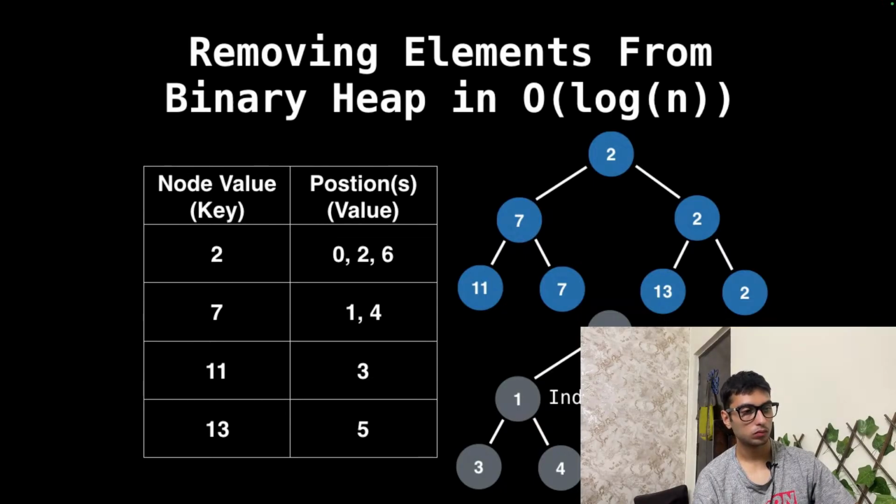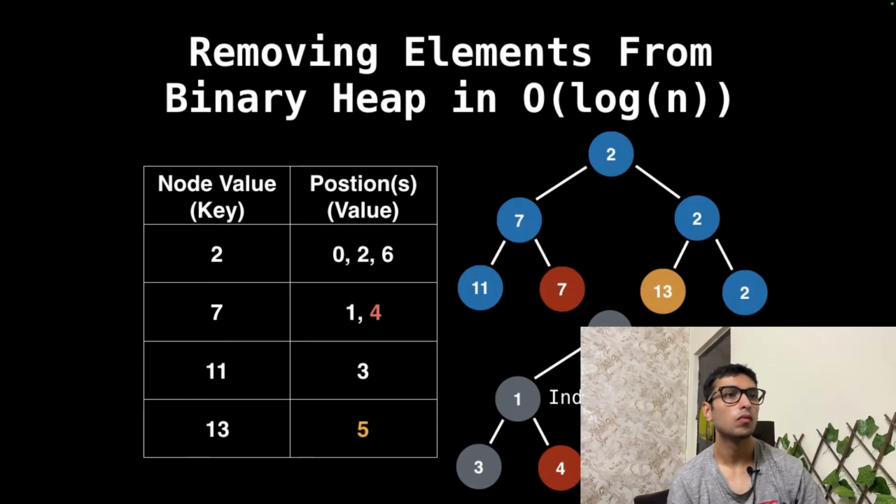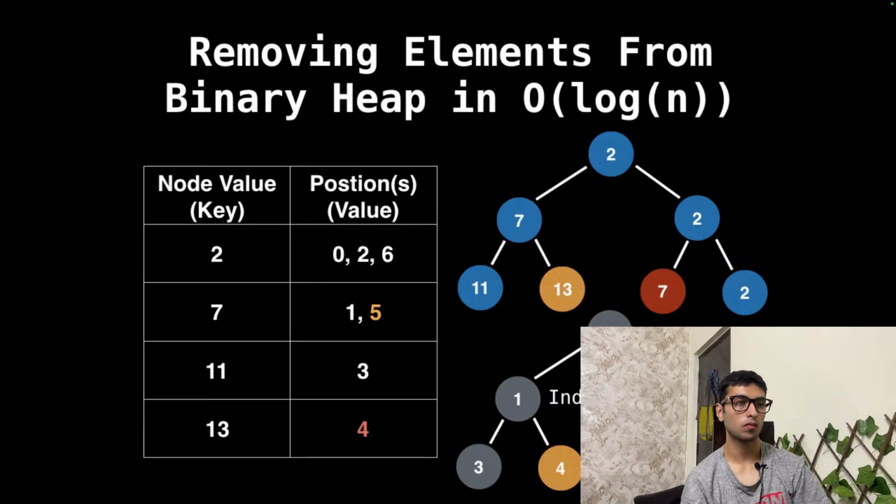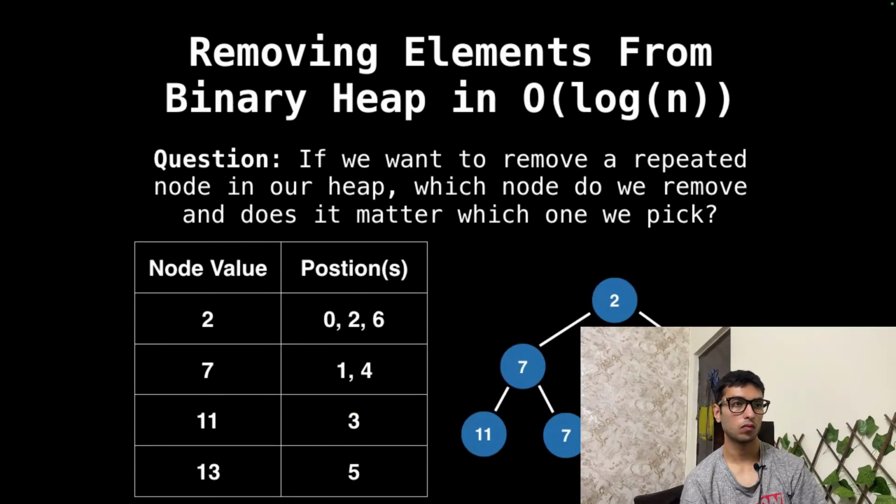If nodes start moving in the tree, we also need to keep track of that. For example, if a bubble up or a bubble down occurs, we need to track all of those movements and where the swaps go to so we can update the index position in our map. If we swap 13 and the last 7, for example, the following should happen. So we look at where 7 and 13 are in our table, and I've mapped those respective positions as red for the 7 and yellow for the 13. And this is what happens when we do a swap. We do a swap in the tree, but also in the table. And that's it.